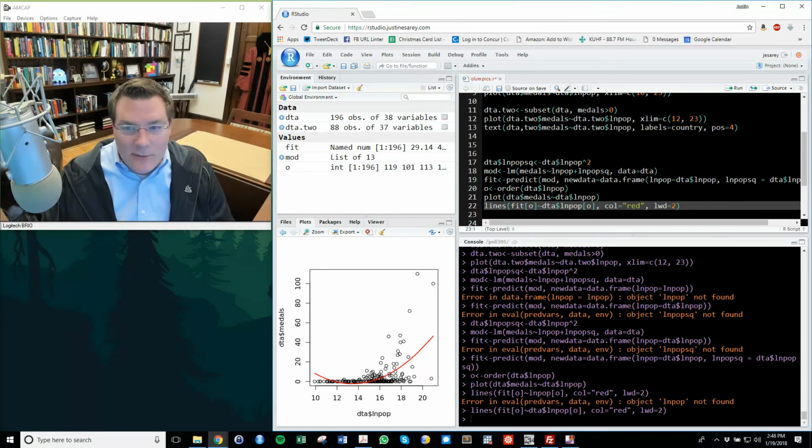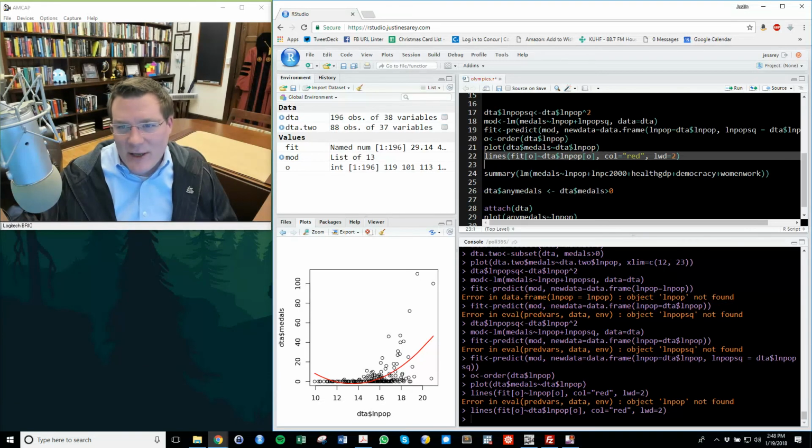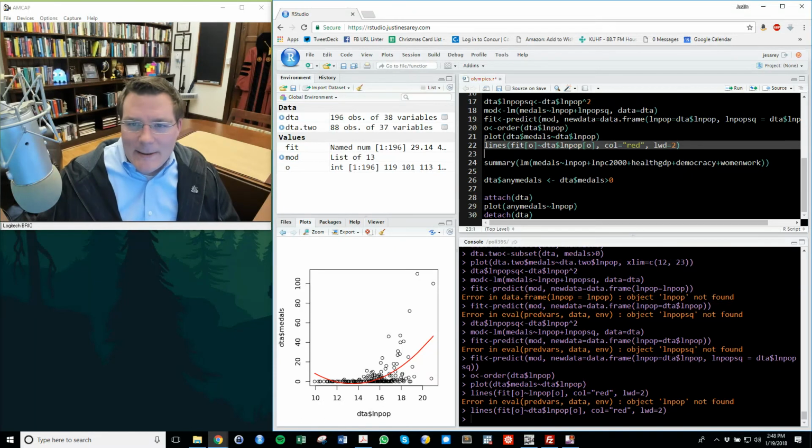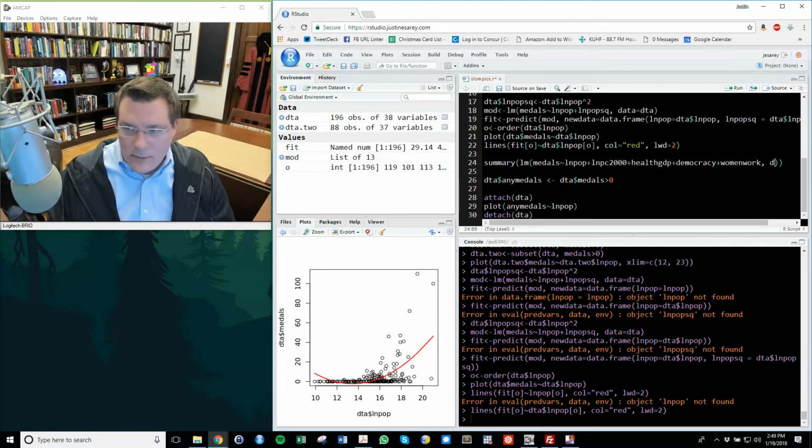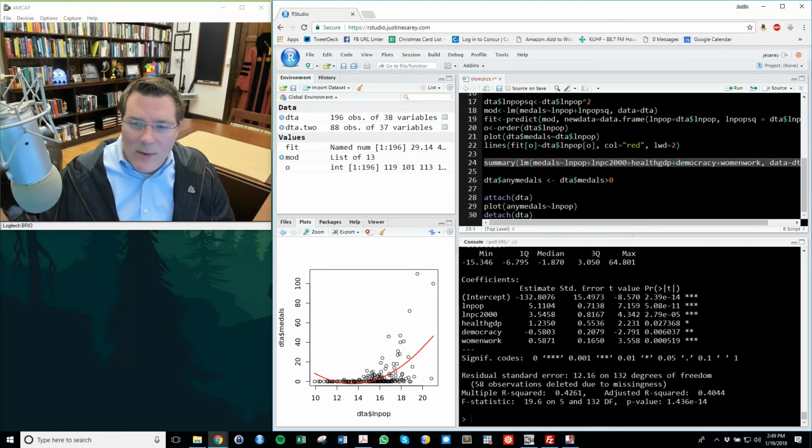I ran a little linear regression with a little curvilinear relationship in it. And what it's telling me is maybe it's the case that there's basically a zero relationship in here and then a bit of a positive relationship in there. If I even want to go further, I can do a model that includes some control variables and so on. And it looks like I actually do get a positive relationship between log population and the number of medals won, which is consistent with my hypothesis.